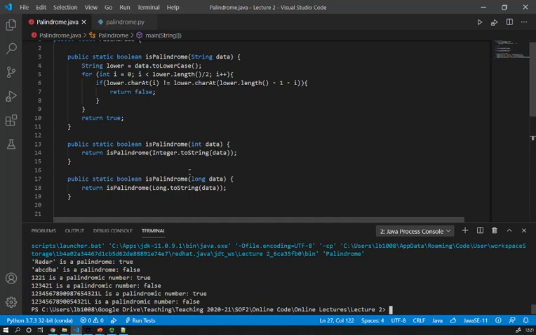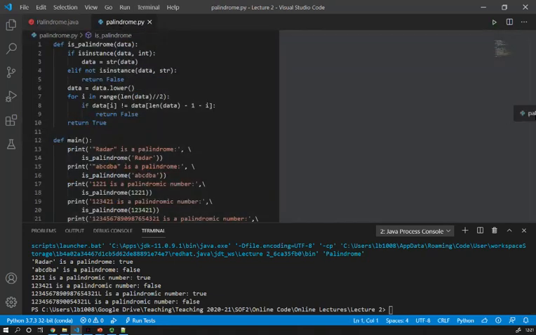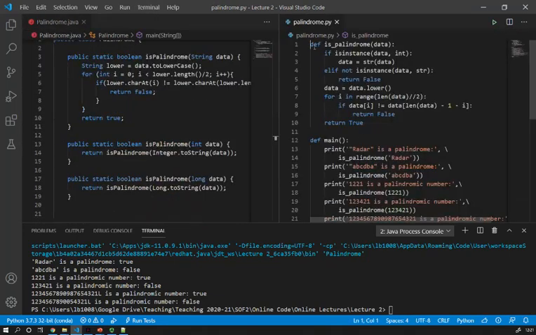When I compare that with the Python version, I've got only one definition of a function in Python, but I need to define what the different things are that I need to do depending on the type. Whereas in Java, I can have overloaded methods with different signatures. The signature of this function is isPalindrome string. The signature of this function is isPalindromeInt. And the signature of this method is isPalindrome long. So in fact, I'm going to provide as much flexibility as possible within a class using method overloading.